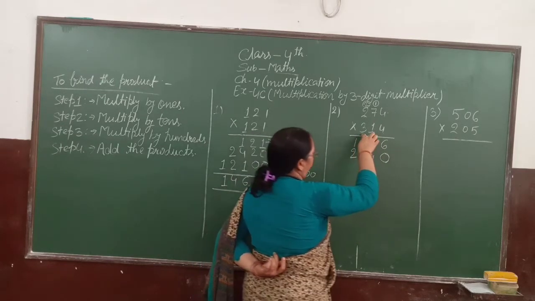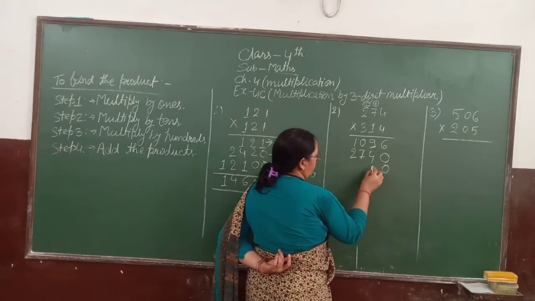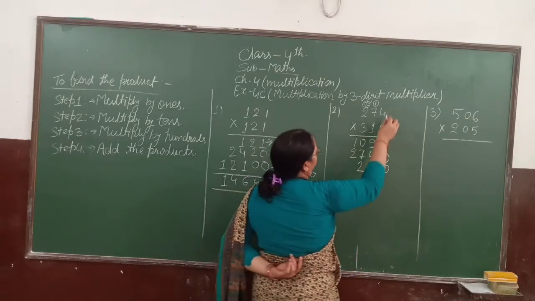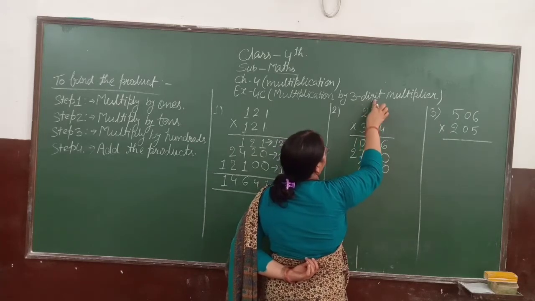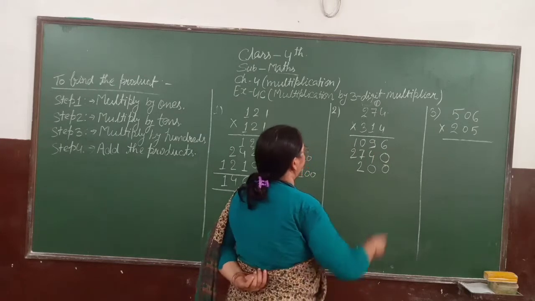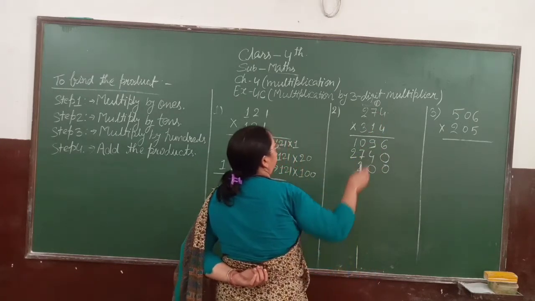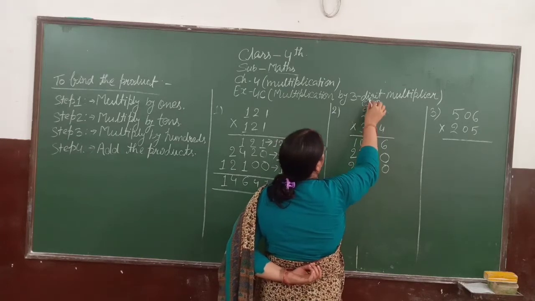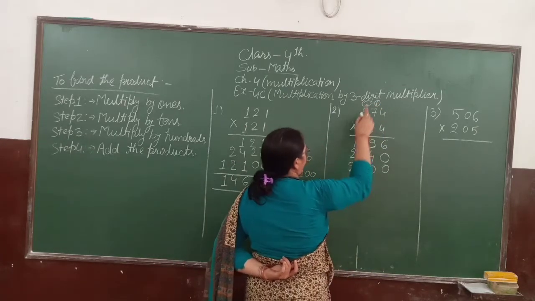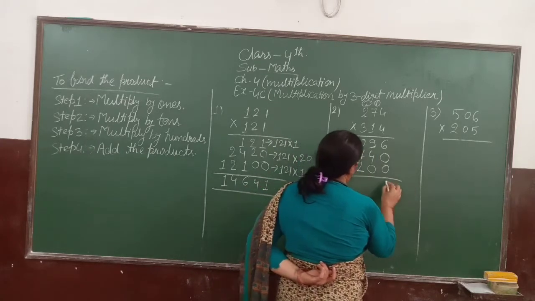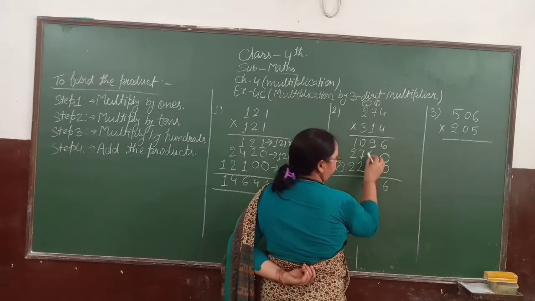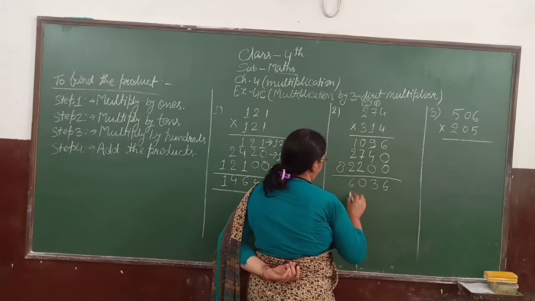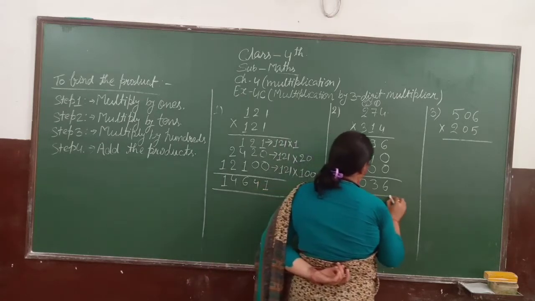Again this is the hundreds place value. So put 0 on the ones place and tens place, and then 4 3s are 12, 2 is there, and 1 write down here, and 7 3s are 21 plus 1 is 22, 2, then 2 is there, 3 2s are 6 plus 2 is 8, that is 6 13, 3 10 0 1 6 8. This is your required answer.